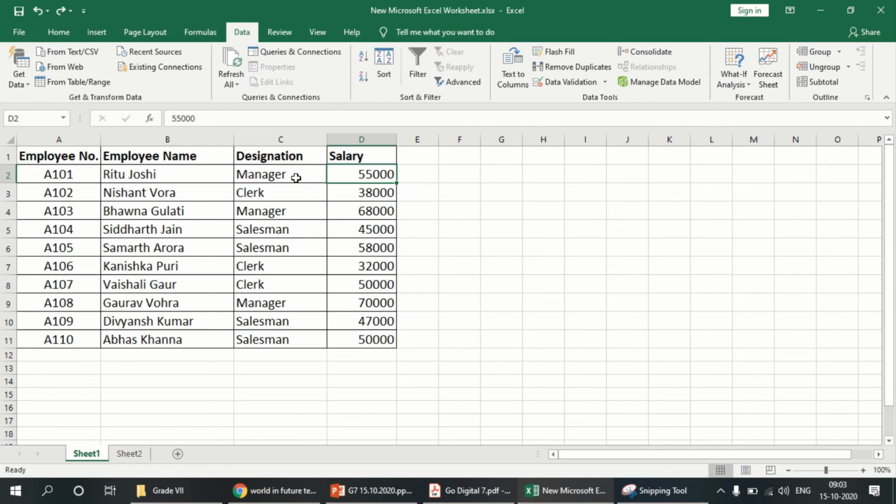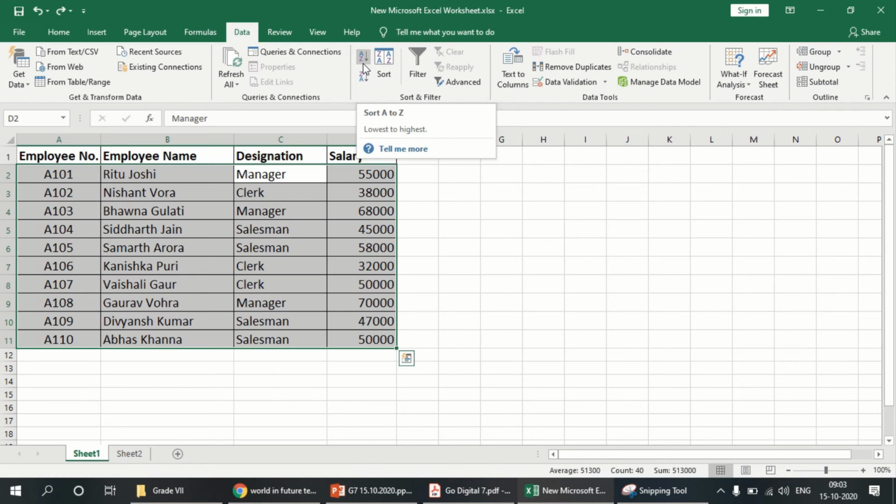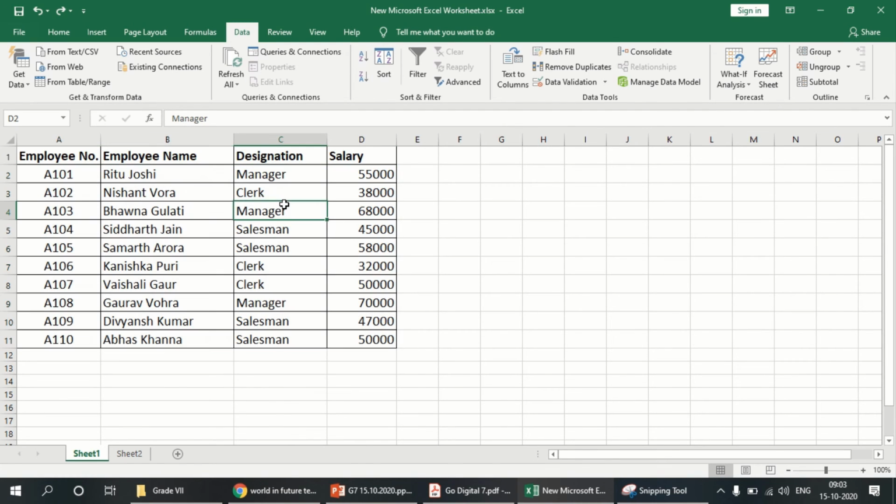For example, if I select this, you see, now it changes to Sort A to Z, right? So according to the column selected, whether it is alphabet or a number, it will change. When I click this number, it shows smallest to largest and largest to smallest. If I click this text, it shows A to Z or Z to A.